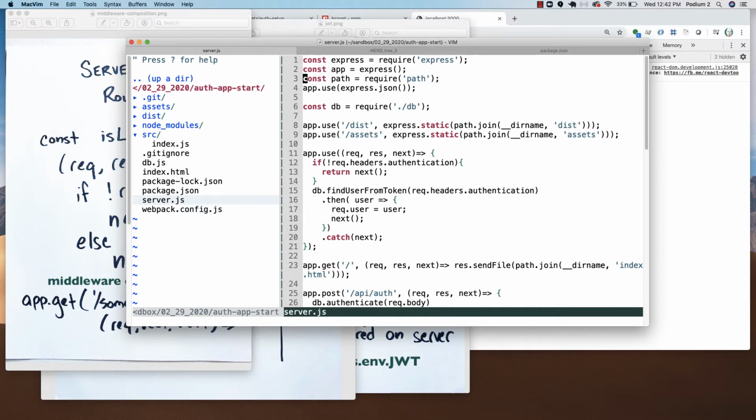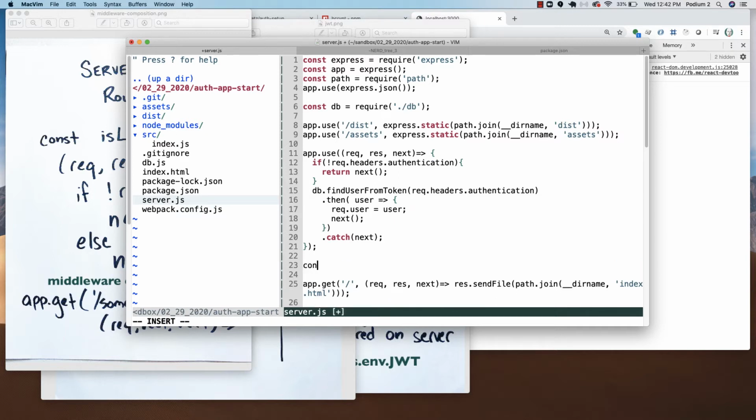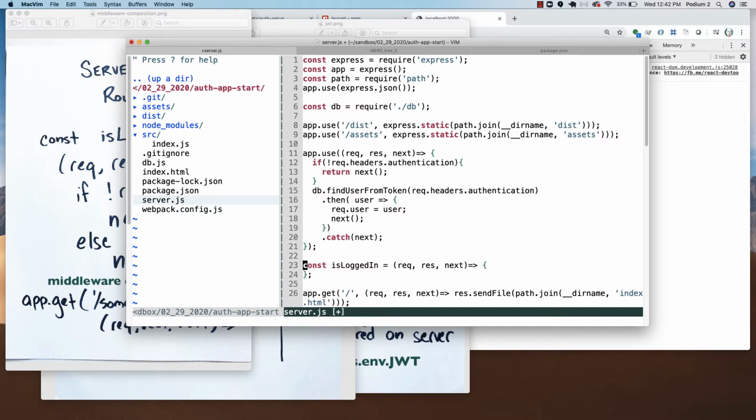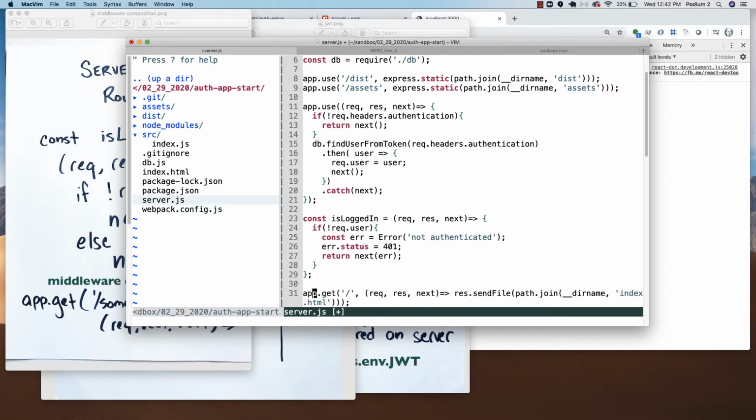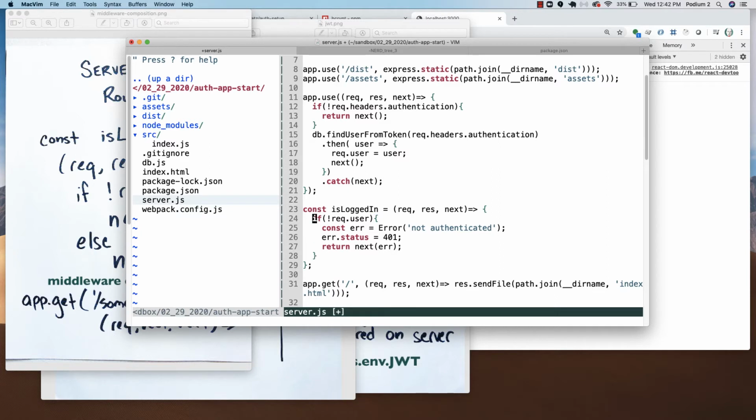And I'm going to take this code over here. And what I'm going to end up doing is just setting up the middleware. We could say isLoggedIn, which is going to be some middleware, and we could say request, response, next. And what we could do with this middleware, as long as it ends up getting called after we have our header set up, which we have here,